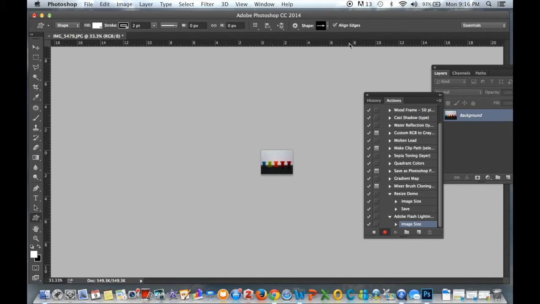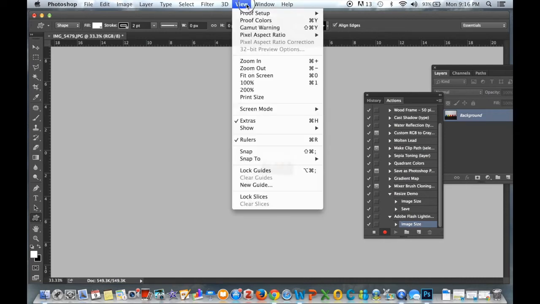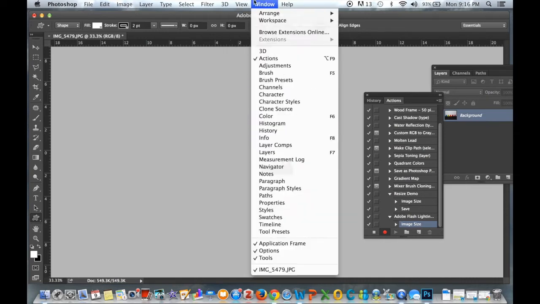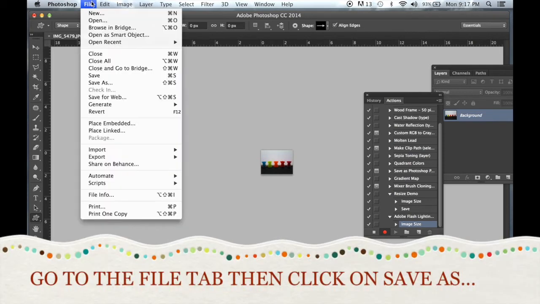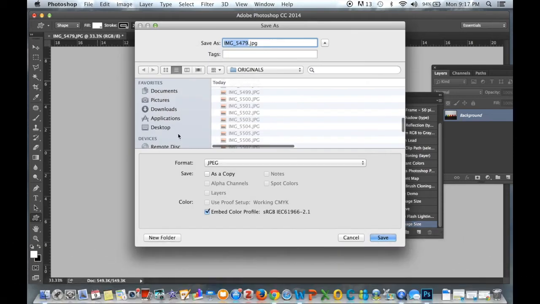My ruler is up here at the top. Again, if you want to turn your ruler on, you can go to View, turn on Rulers. Okay, this is where you want to make sure you follow this pretty closely. Once you have resized it, you want to go to the File tab, go to Save As, and inside the